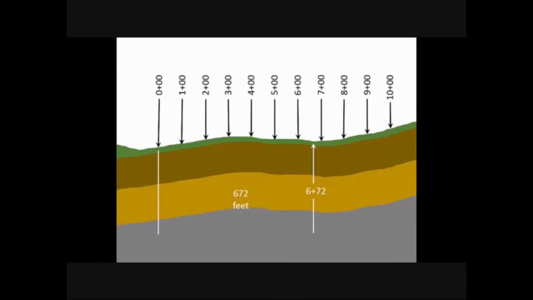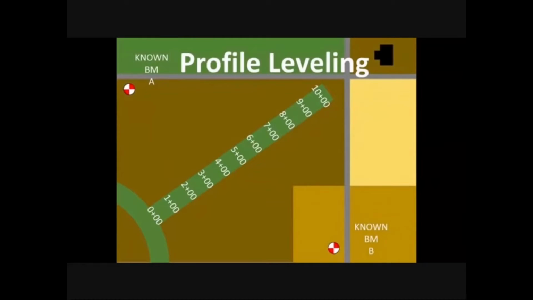Now that we have the stations marked, it's time to use profile leveling to measure the elevation at those stations in the waterway. We'll set up our instrument where we can see the starting benchmark and several of the station marks. Our first rod reading is a backsight on the benchmark, and our first foresight will be at station 0+00. Instead of moving the instrument like in benchmark leveling, we can continue reading the rod at the next station marks. When distance or obstacles prevent us from taking more readings, then we'll establish a turning point and